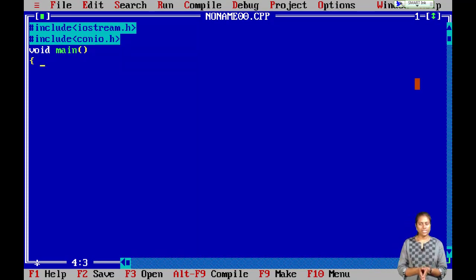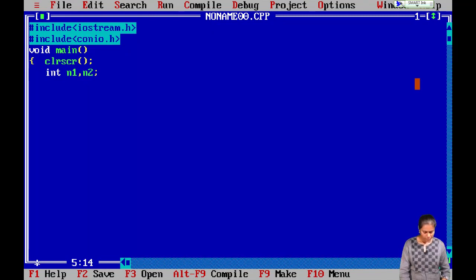First, what we need here are the variables. What variables are required for this program? We need three operators and two operands. Let me write the variables first. I need two operands and they will be of integer data type. As it is a good programming practice, let me write clrscr first. Now I will be declaring the variables: int n1, n2. These are the two operands that I am using for my program. n1 and n2 belong to the integer data type, and these two variables will hold some numbers.